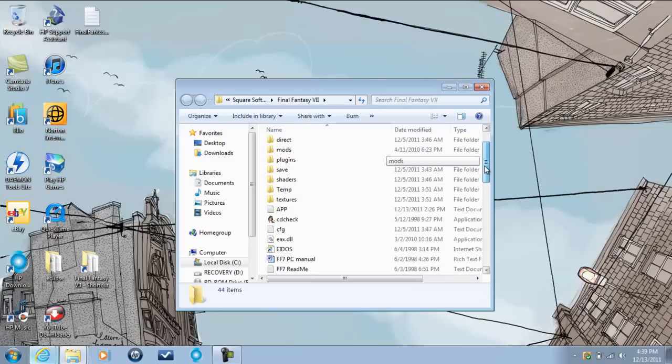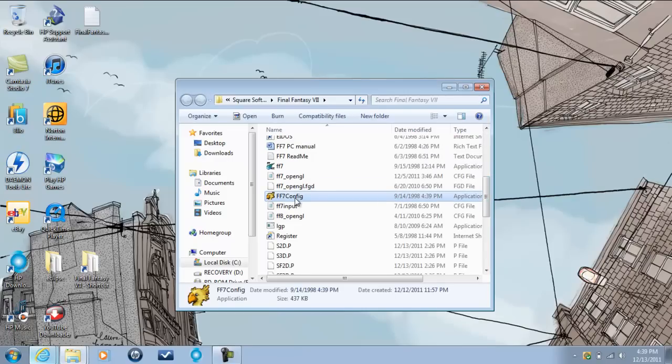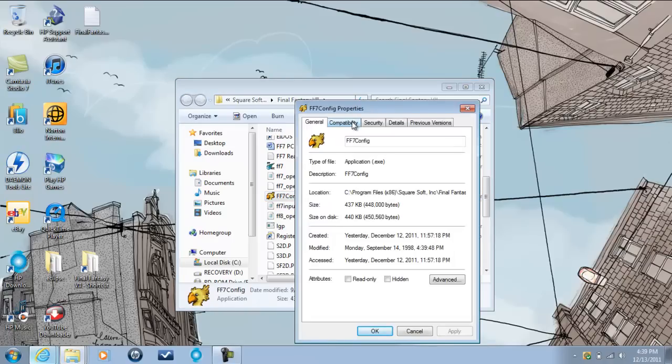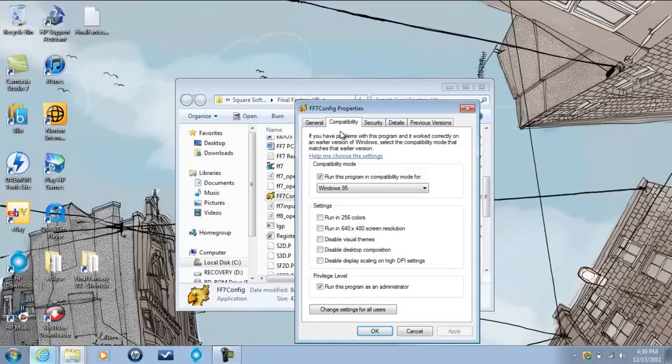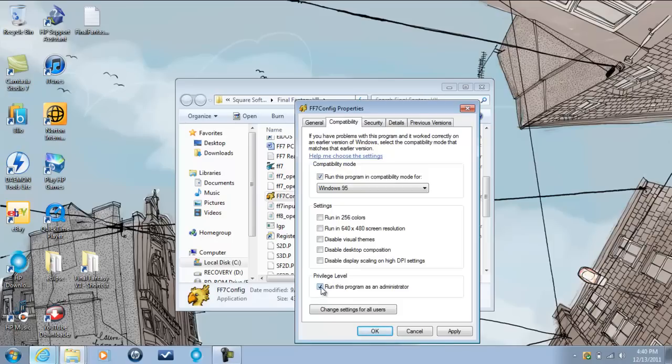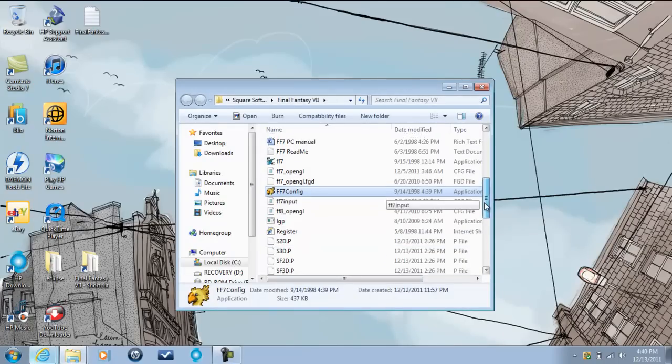All I need you guys to worry about for now is FF7 config, the application. And I'll have you right click that, select properties, and we want to go to compatibility. And there are two things that should be taken care of here. Compatibility mode, make sure you check this box, run this program in compatibility mode for, and it'll provide you a list, and you select Windows 95 from that list. The second thing is under privilege level, I would like you to check the box that says run this program as an administrator. Both of these are important to having Final Fantasy VII PC run properly on your computer. So click apply and OK. So now you have that